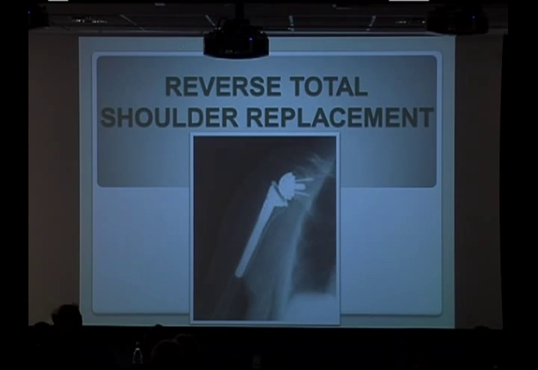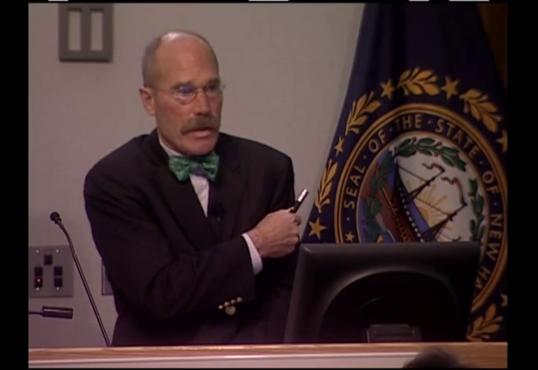And the way it works is by counting on the deltoid muscle as opposed to the rotator cuff muscles. So the premise of how it works is completely different. The indications are very specific. The other part of this is that we don't know what the long-term outcome of these implants is going to be. Their complication rates, even in Europe, have been a lot higher than what we see whenever we can do